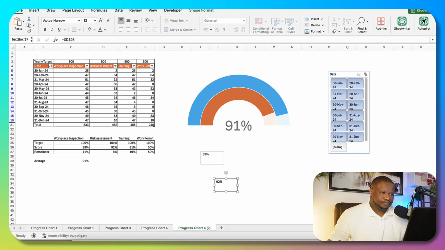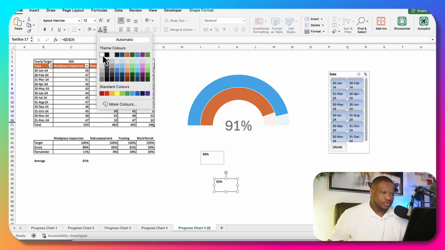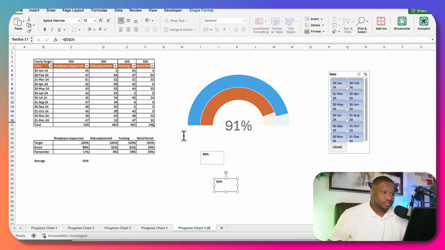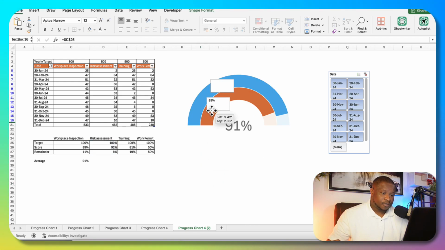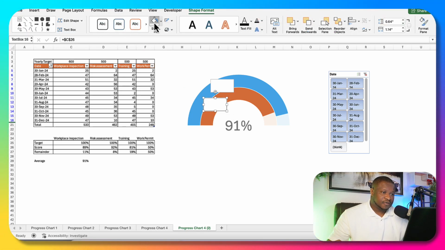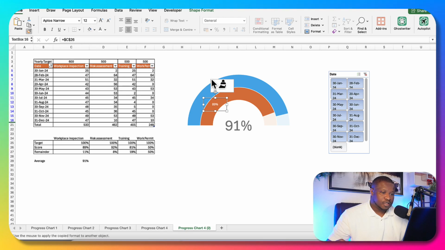Okay, both of them are white, so we just change the font color to white. And before that, let's put it on it. Okay, this one up is 92%, this one below is 89, right? So we just center it, change the color, go to the fill, remove the border and then the outline. We double click, and then we do the same thing for this,